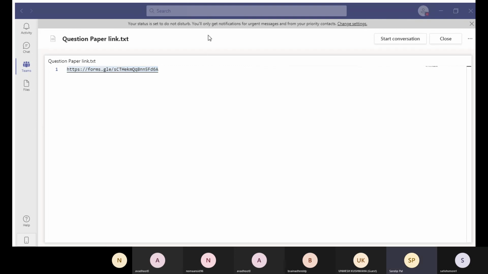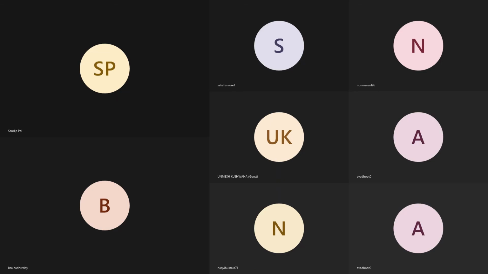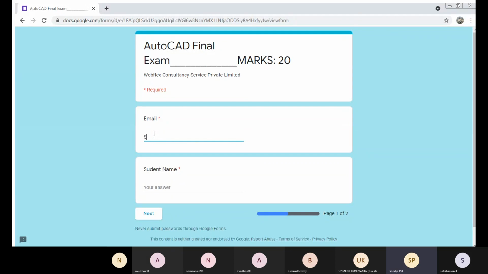Share me the browser screen as well. Yeah, so put your email address, then go for the name.